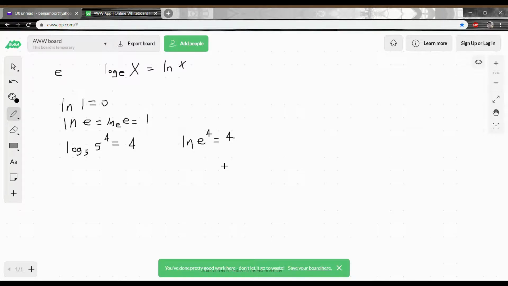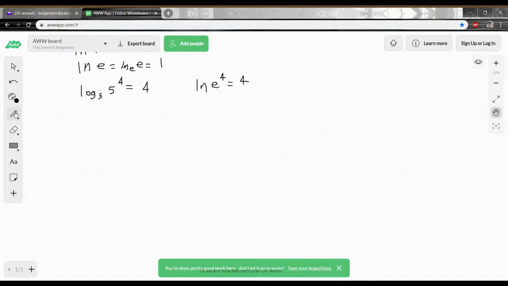Now, if we were to graph a logarithm or a natural logarithm, we'd see that all of our transformation rules still apply. I'm not going to write them all out in detail, but like if we were to have the logarithm of x plus 2, we're adding 2 after the function of logarithm. That means we would take our logarithmic function that looks kind of like that and just move it up by